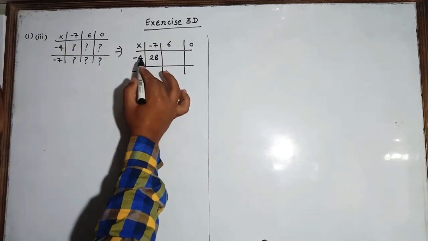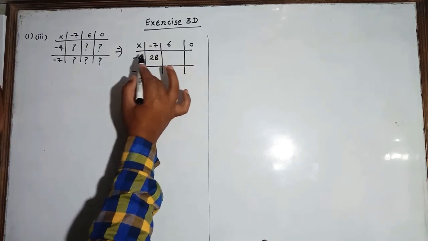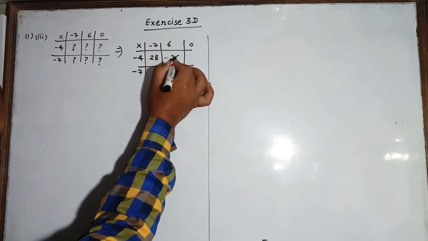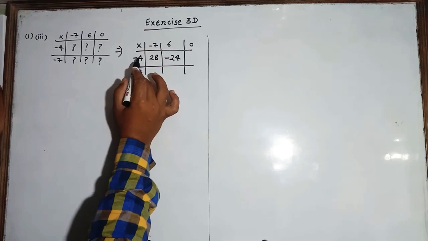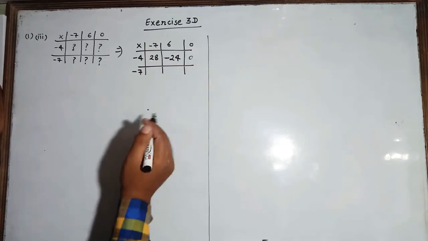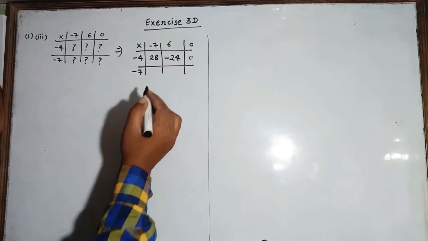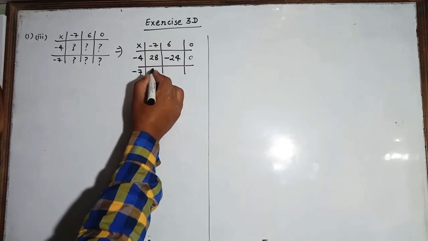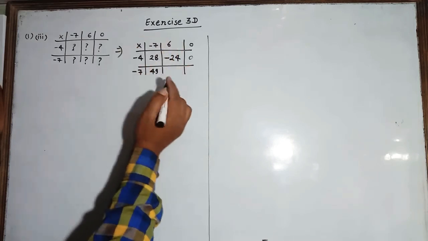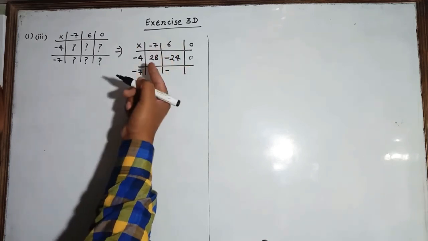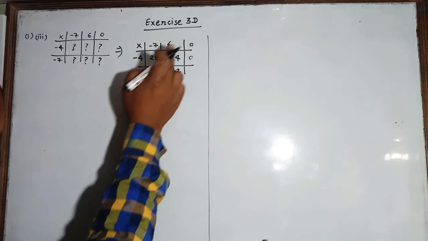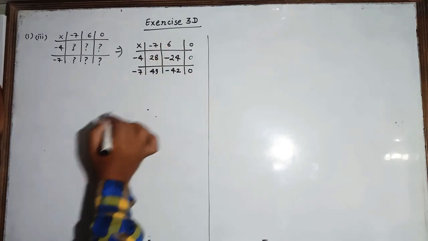Again you can see here 6, here plus sign, plus into minus, our result will be negative, and 6 4s are 24. So minus 24 will be our answer. Same way -4 into 0, you know that if any number is multiplied with 0, it gives the result 0 only. Now 7 7s are 49, minus into minus, plus will be our answer. Minus into plus, again minus, 6 7s or 7 6s are 42. So your answer will be -42. Then minus into 0, so our result will be 0 only.